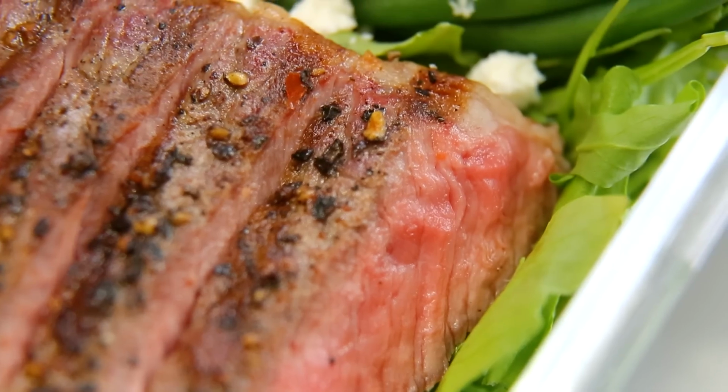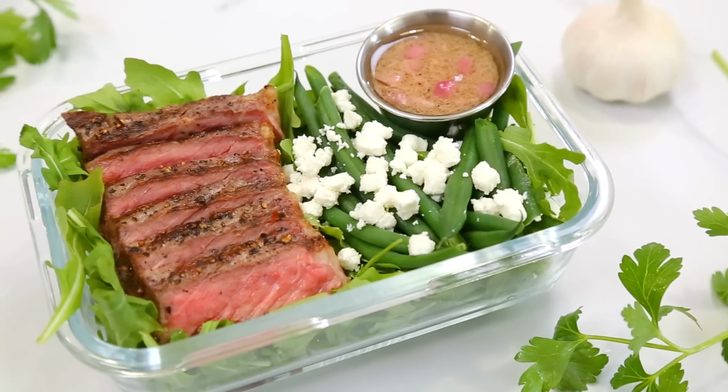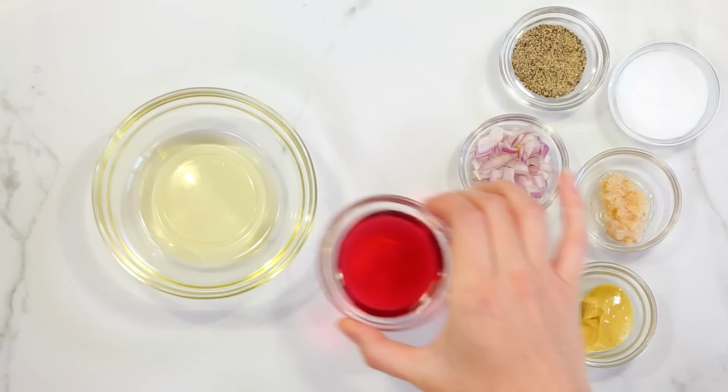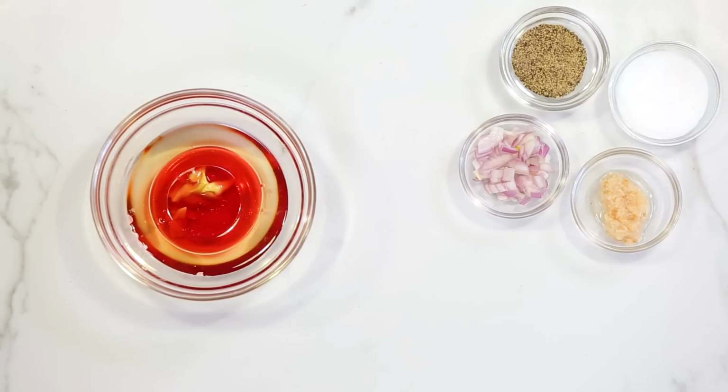Finally, lovelies, we are making a steak and green bean salad that is a total winner. I'm gonna start by mixing up a really simple dressing for this salad. It starts with some olive oil in my bowl. To that, I've got some red wine vinegar headed in here, some Dijon mustard, a little bit of